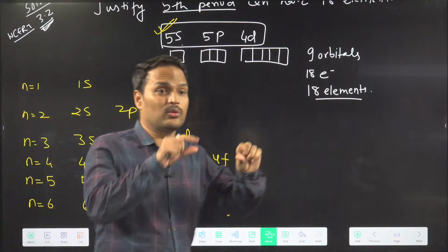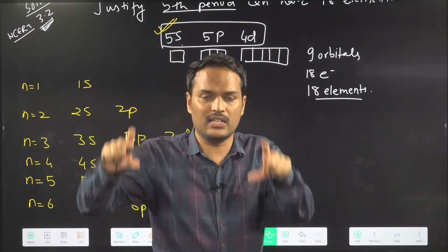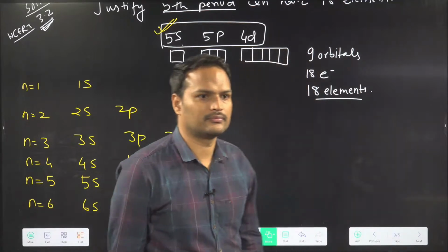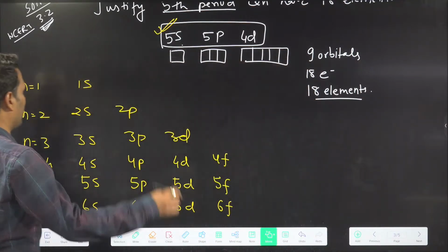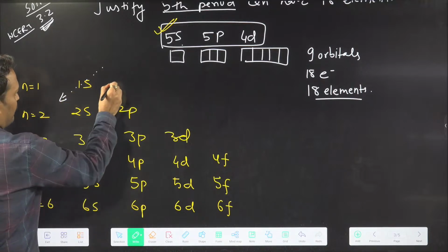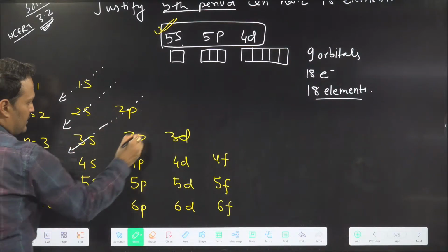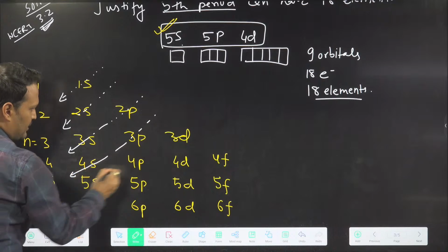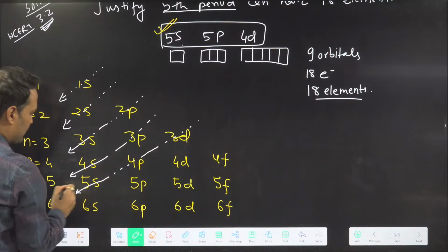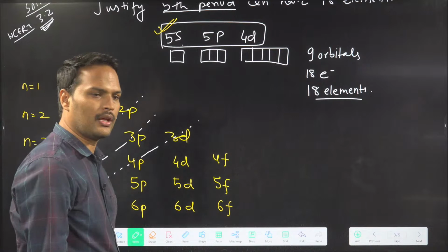From here only we knew the configuration: 1s, 2s, 2p, 3s, 3p. Then we were writing 4s, then 3d. Moeller's diagram. Correct. So can you tell what the sequence was? First we put electrons in 1s, then 2s, then 2p and 3s, then 3p and 4s, then 3d, 4p, 5s. Do you remember this?